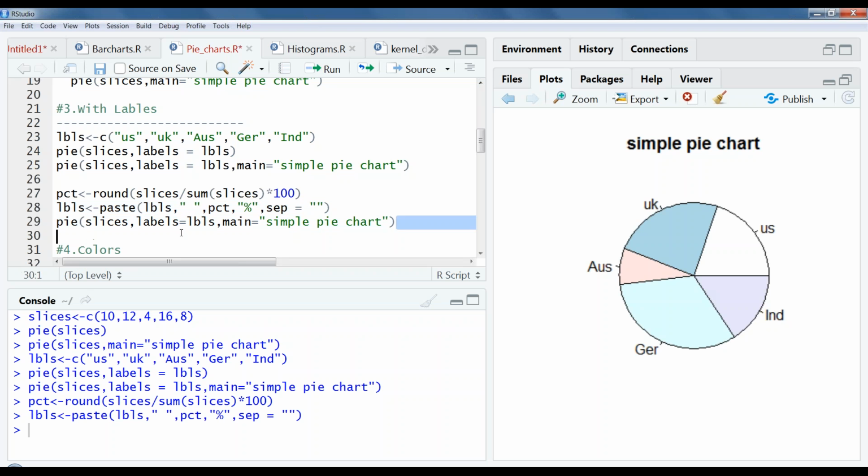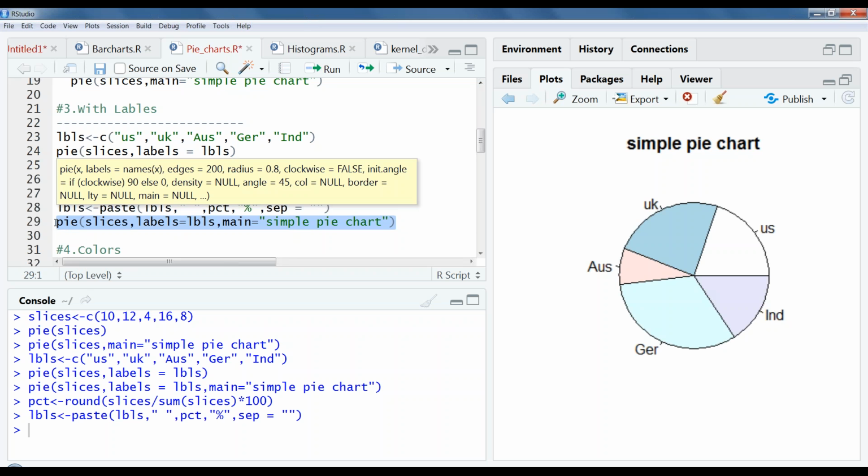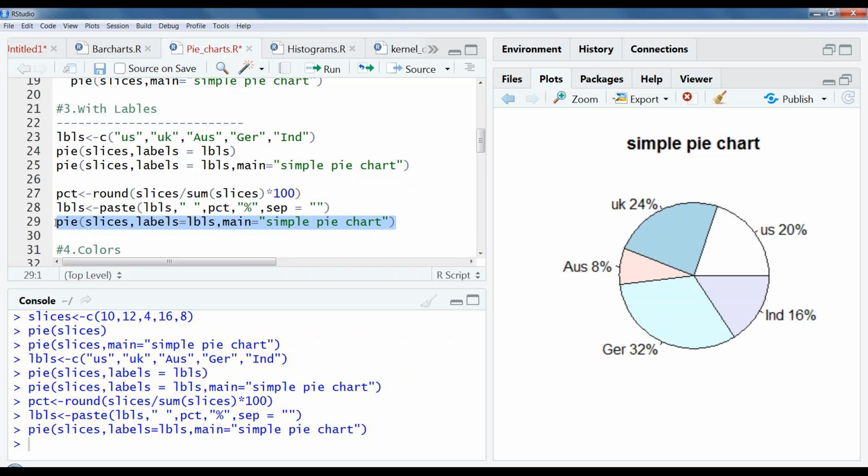So I have created percentages, then added that percentage to the labels, with the percentage symbol. Now let me plot this pie chart. Now it looks meaningful. Maybe you can consider this as people who are working in R programming.